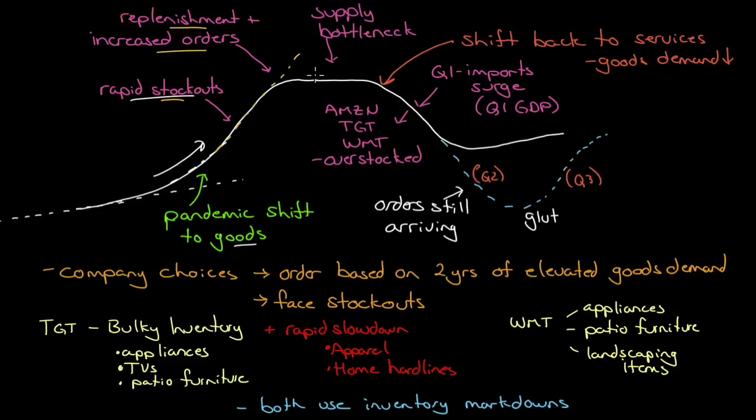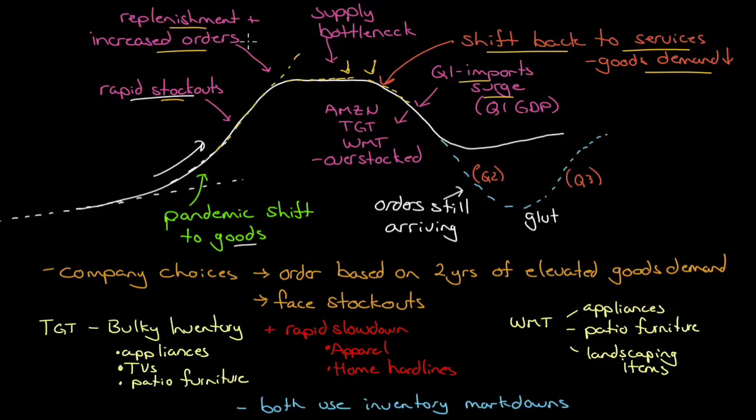But you had supply bottlenecks because other parts of the world were shut down as well. The supply chain wasn't working that well. And you also, depending on what you were ordering, were coming up against limited capacity. So you had sort of a plateauing here. And then you had the reopening happening along here, and a shift back to services. Goods demand started to drop. You had imports show up in Q1 of 2021.